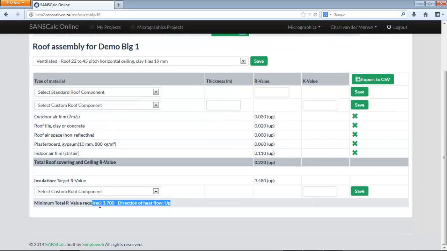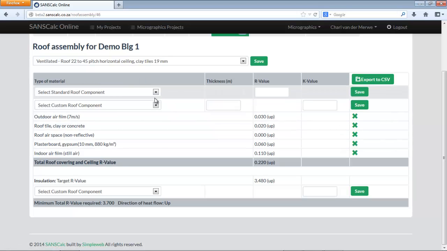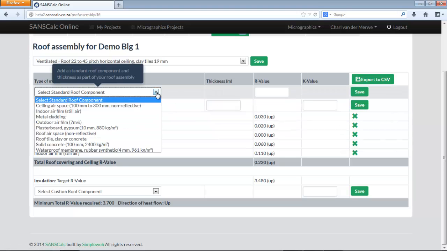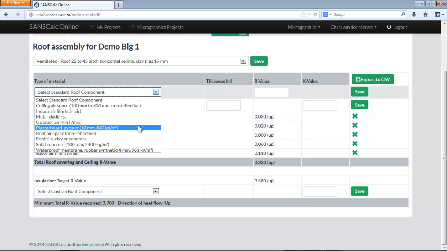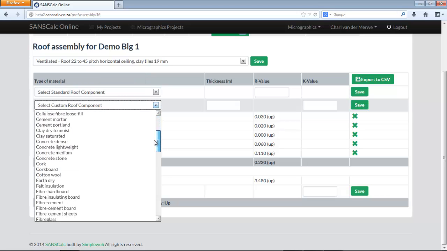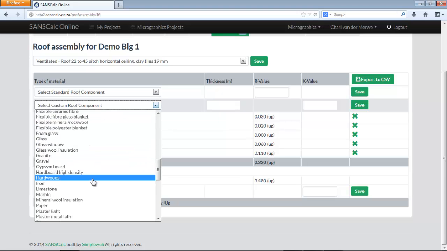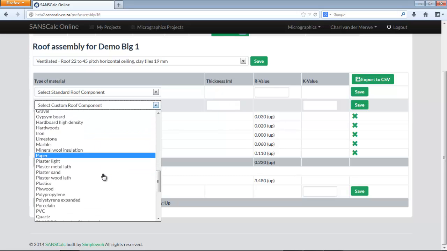Currently, you've got certain directions that the heat flows, or the air flows, and you require 3.7. Now, currently we've got R values in this column of 0.2 based on the standard ones. So you can now delete some of these components. You can add standard components if you've got, say, plasterboard. You can also add custom components. This is an interesting thing, because you can say, right, I've got felt insulation, or even hardwood or granite or some foam glass or something in my roof